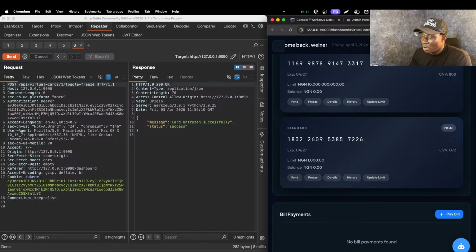Wow. So another vulnerability has just occurred right here. In the freeze card endpoint, what's happening is that users can freeze anybody's card, and I don't know why that's supposed to work. So I can freeze anybody's card, in the sense that if you look at the API endpoint, let me